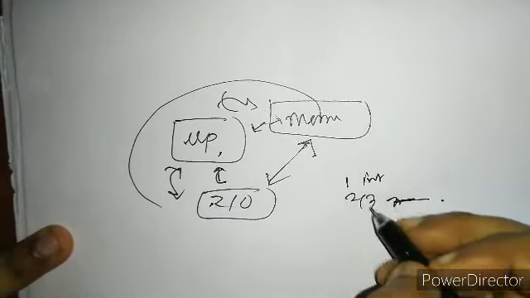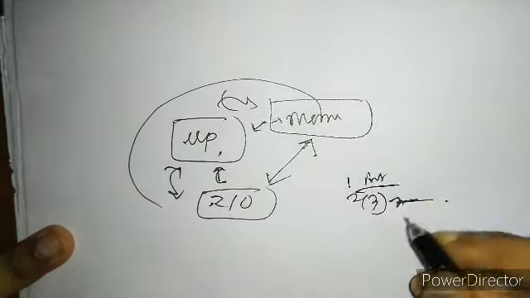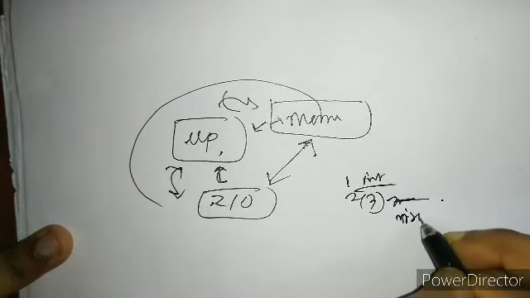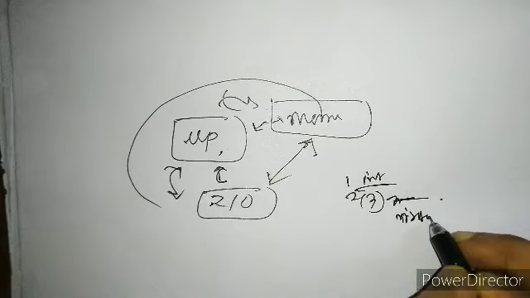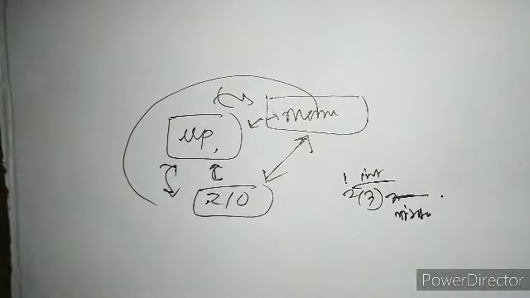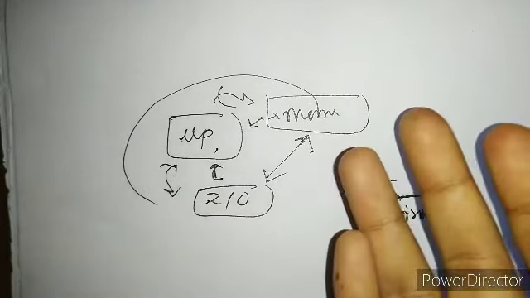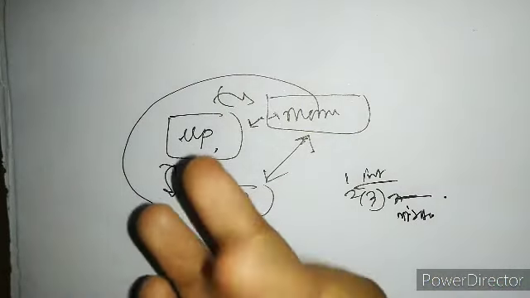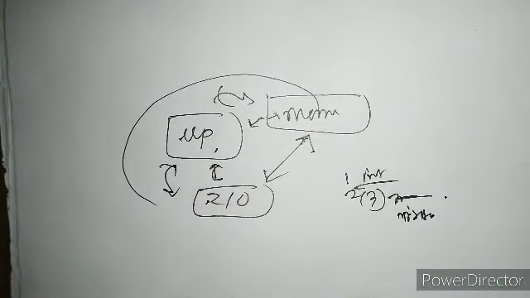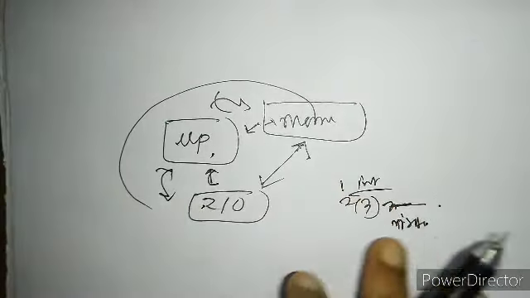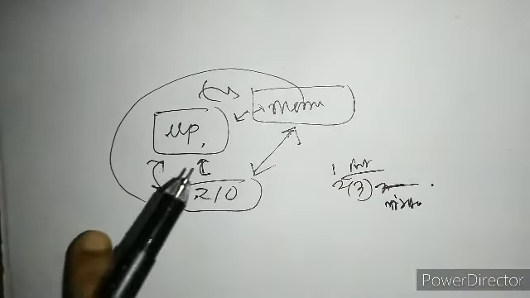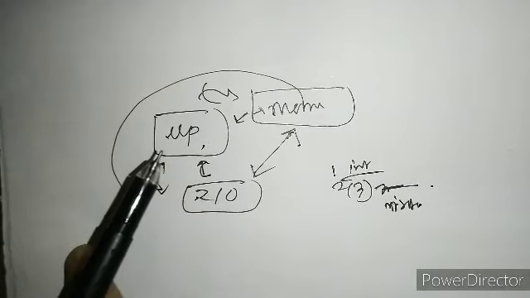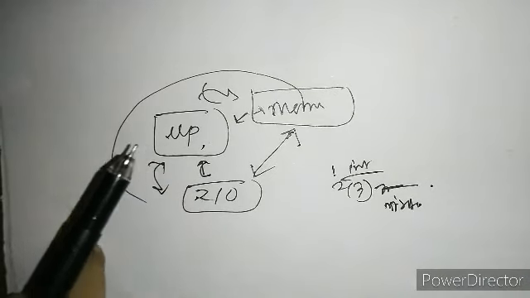Suppose for this one instruction, 2 or 3 instruction cycles are being performed, which means it is taking more time. You think, so what's the matter, this is only a fraction of a second. No, when it comes to a huge file, maybe a 30 GB or 40 GB file, then these extra instruction cycles will make your processor slow. You don't want it, right?